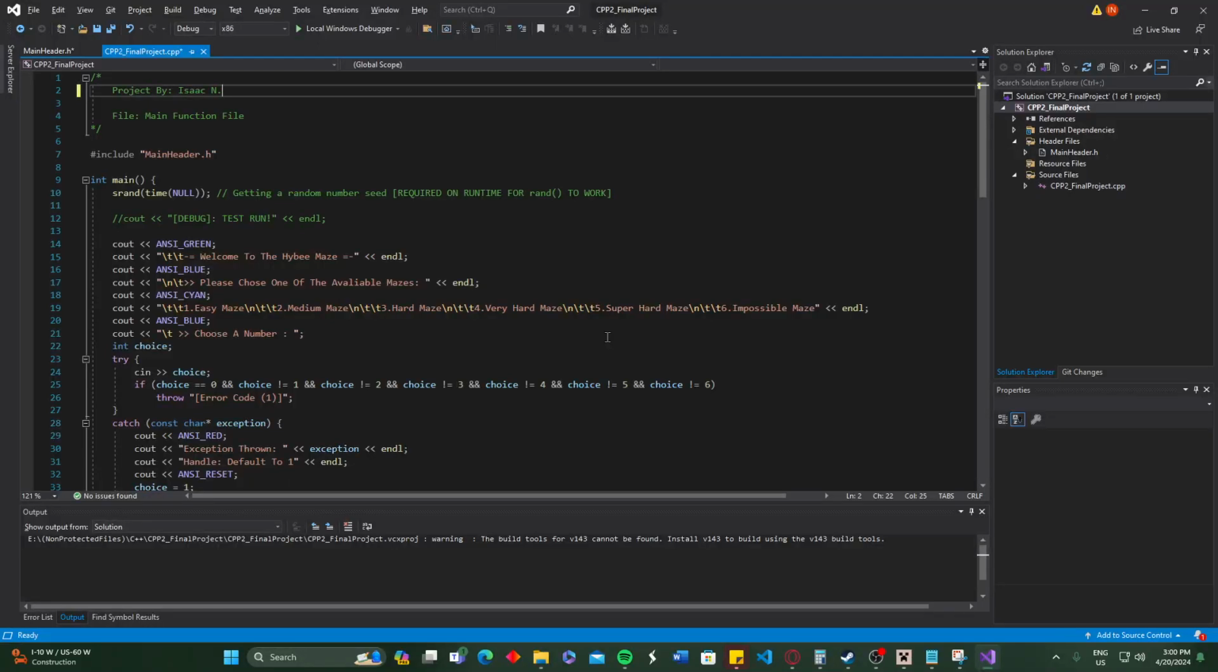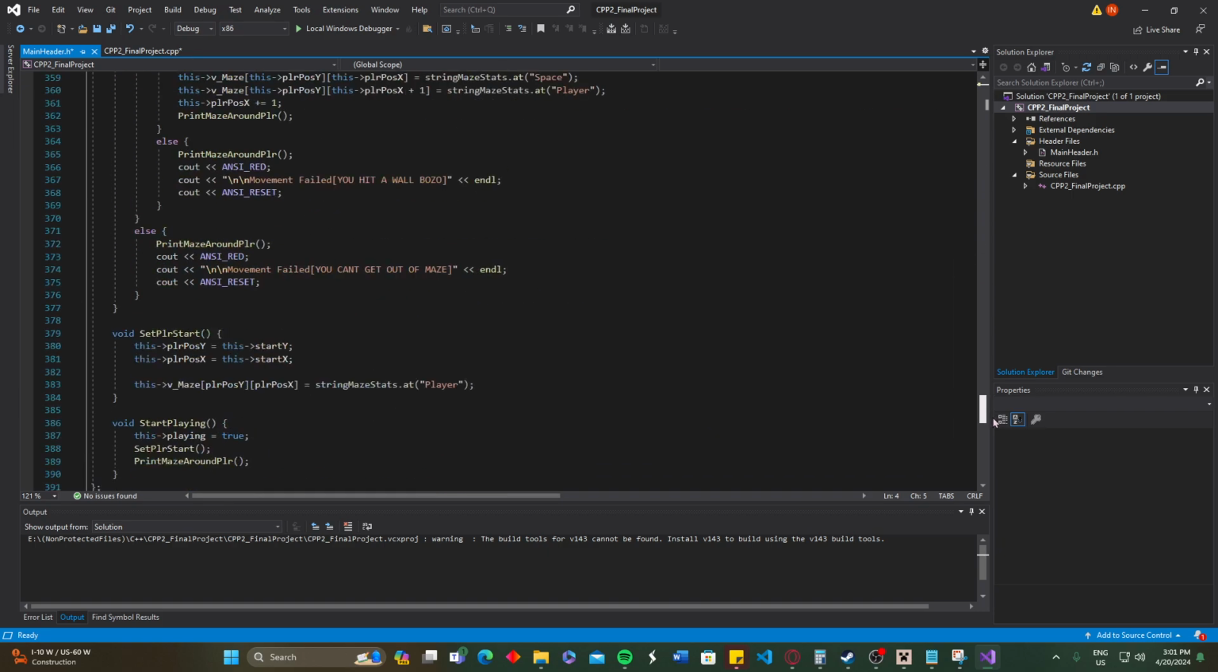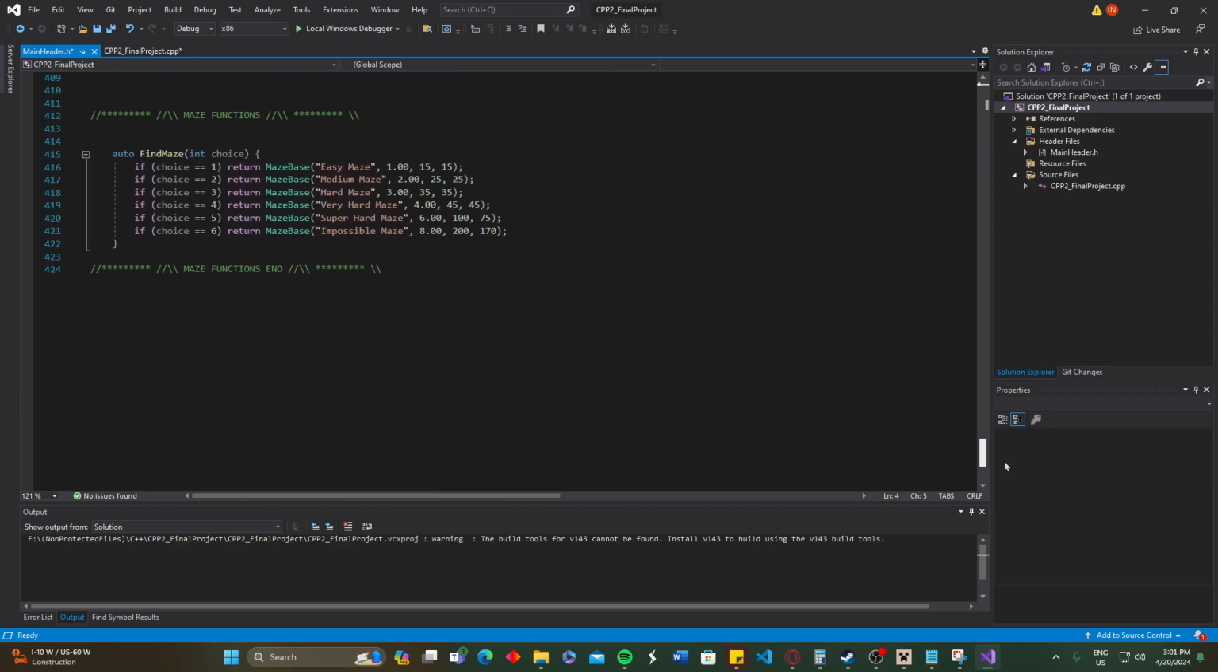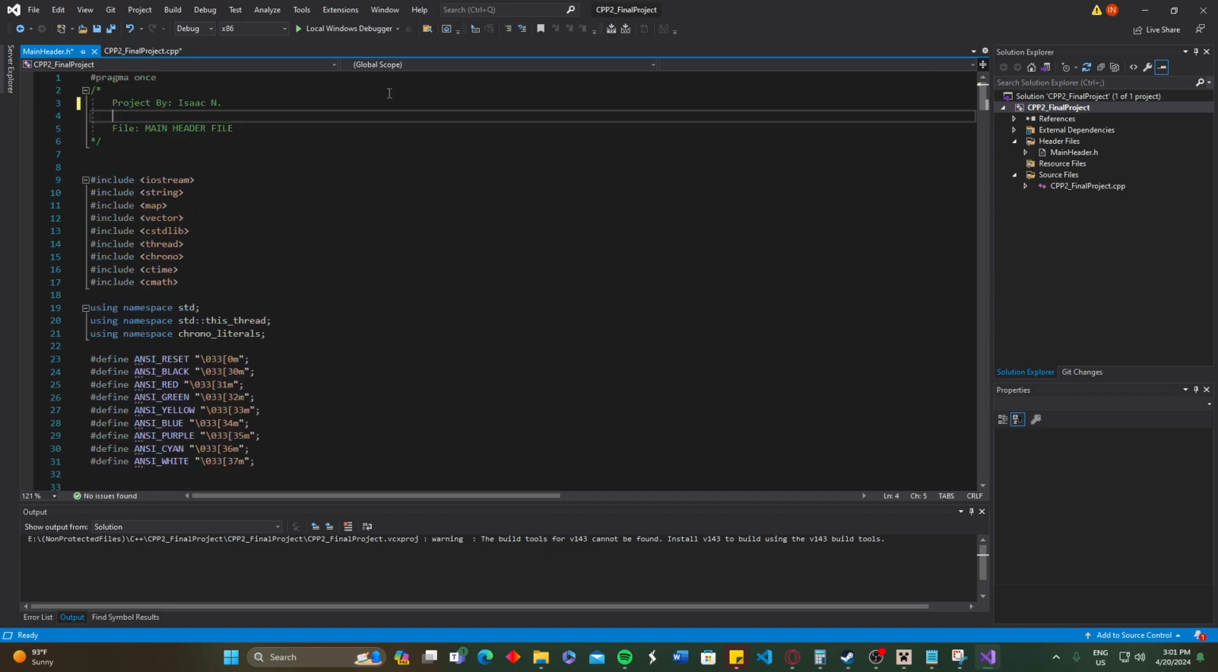Hey guys, so I made this maze here. It is a lot better than the last maze I did, which was the C++ 1 project. But this is the 2, and I did it in about a quarter of the lines. Last time it was nearing 1,000, probably around 950 or something like that. Pretty much halved it with so many more